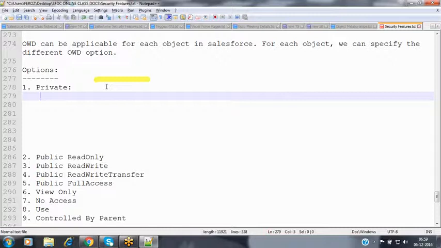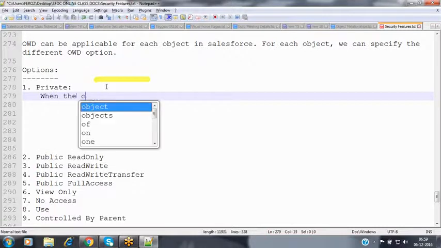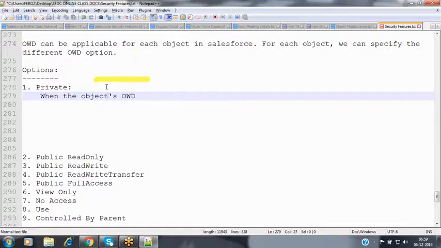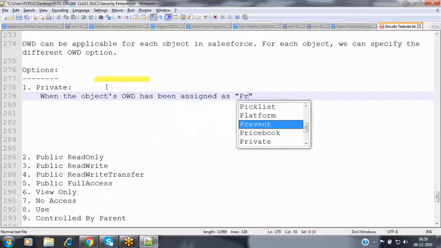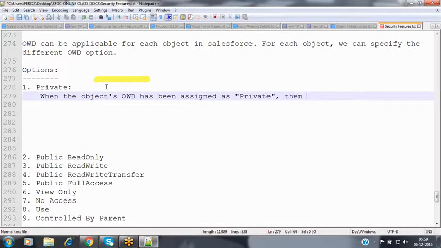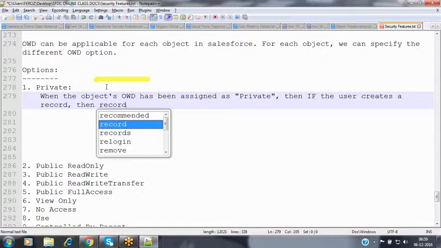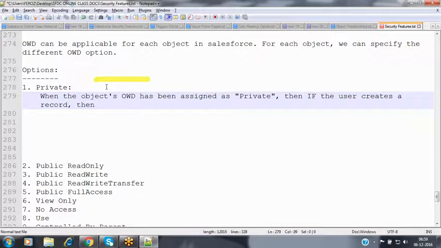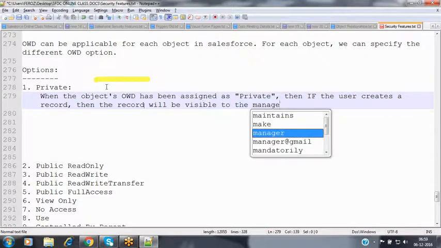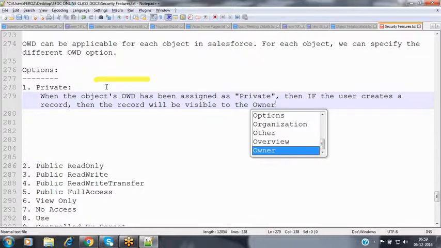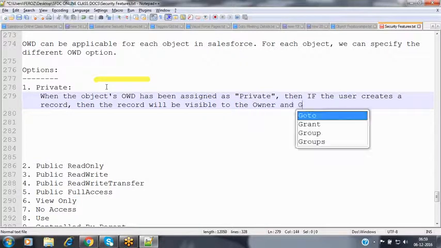So when the object's OWD has been assigned as private, if the user creates a record, the record will be visible to the owner and his manager.